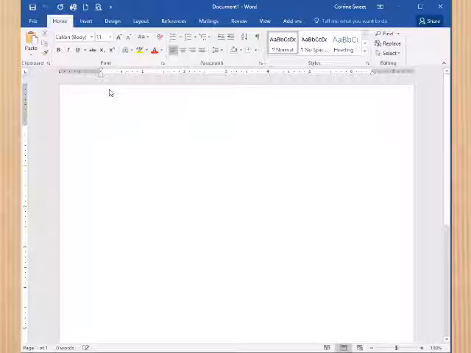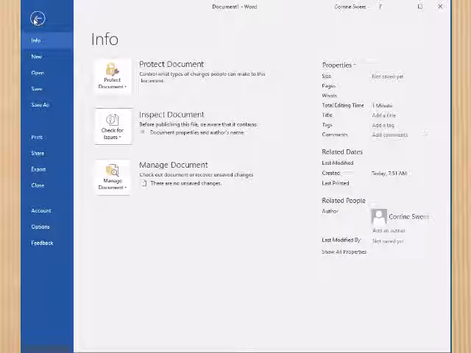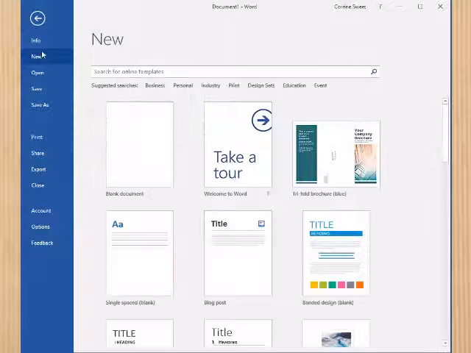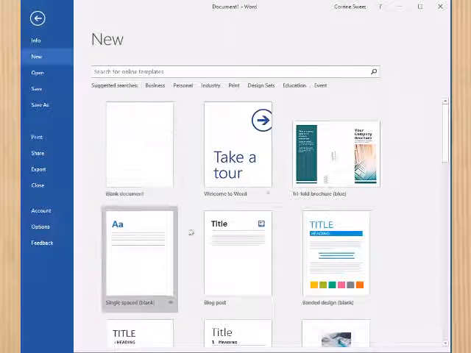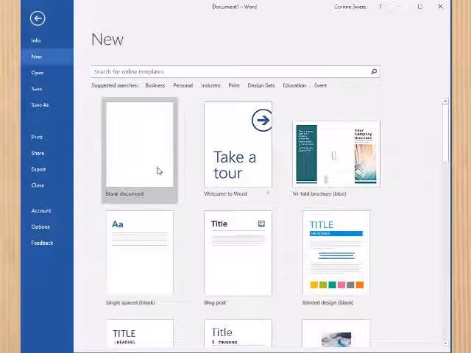This is the Microsoft Word window. We are currently on the Home tab, as you can see here. Let's start with the File tab. When you click the File tab, it takes you to the Backstage view, which we are viewing now. This is where you can open an existing file, save a file, print a document, or close Word. To create a new file, click where it says New, then select Blank Document or one of the existing templates. I'm selecting a blank document,